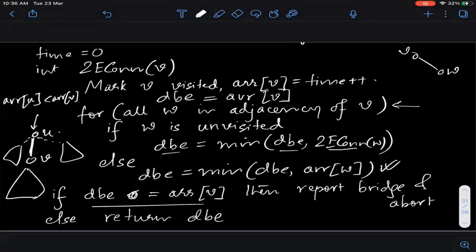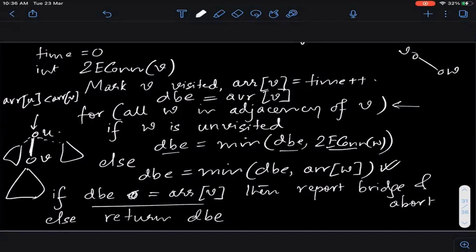एक और issue है इसमें, a similar issue. What is that? Don't check for root node. Very good. क्योंकि root node के लिए क्या होगा? Root node के लिए, so I will not go into detail anymore. I think you should think through this. Root node के लिए क्या होगा? हमारा ये जो procedure है, right? ये हमेशा जो है ये DB equal to arrival ही return करेगा, क्योंकि there are no backedges. I mean root तो सबसे ऊपर है, तो जो भी नीचे से जो भी backedges आ रही है वो root तक ही आ सकती है, root से ऊपर तो नहीं जा सकती, right?